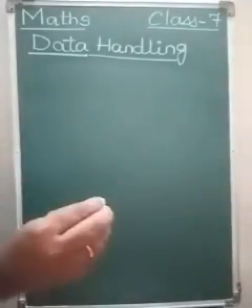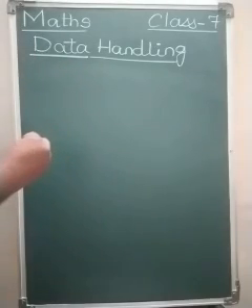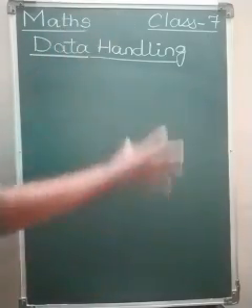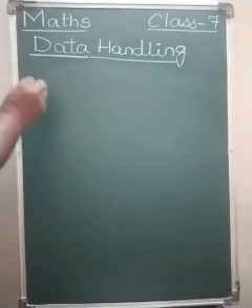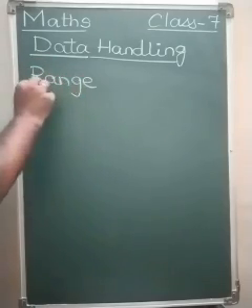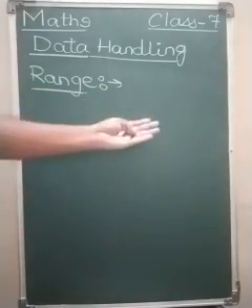Why representative values? If we have a very large data, that large data can be represented by a small value, by a single value, and those are called representative values for that set of data. The first representative value that we are going to see is called range. You can write this down as a definition also. When you start the third unit, you can start by writing down the definition of range.